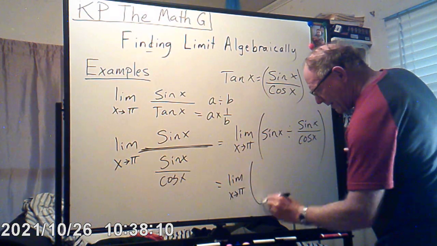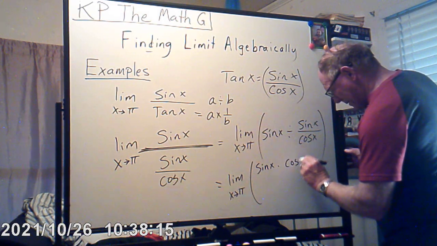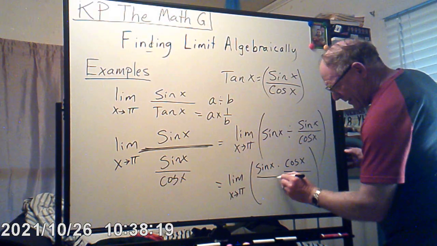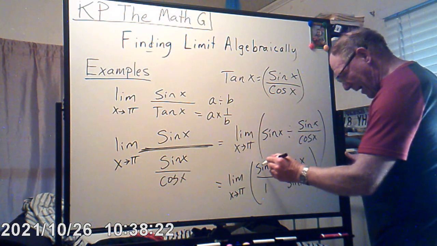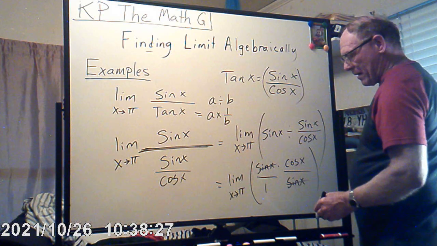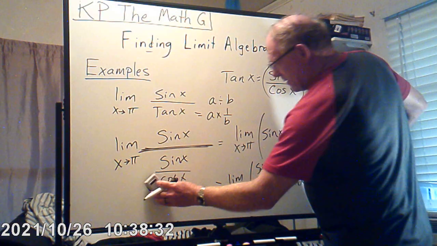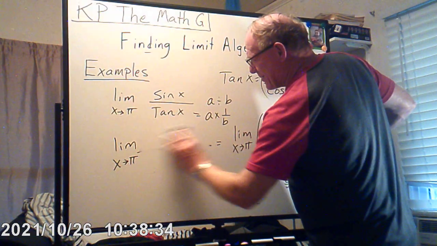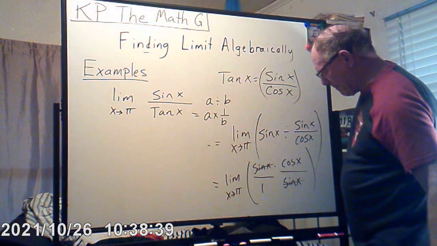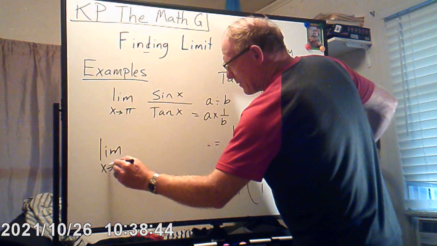So what we have here is sine x times cosine over sine. And notice what happens here. This is actually sine over 1. You've got a numerator and a denominator, and you can simply divide those out. Let me erase this. Sorry. I hope you have that written down. Now we're down to just the limit as x approaches pi,